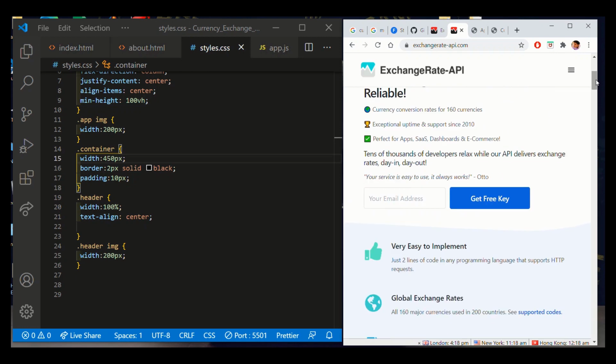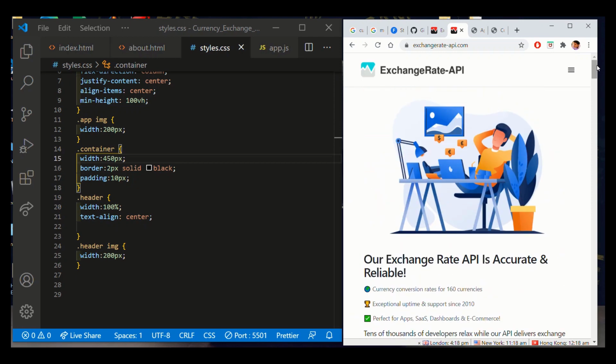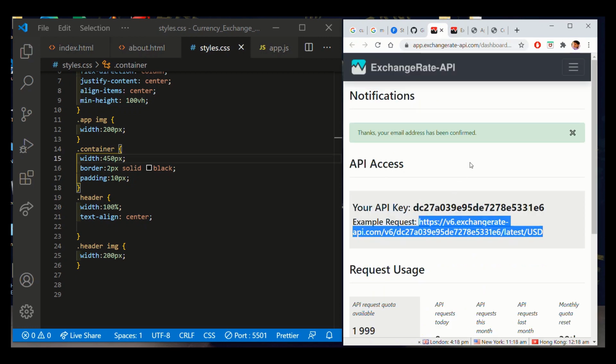You can get a free key just by registering your email ID. After registering, you need to confirm in your email to activate your account. Then you would get a free API key. Then if you click this API key,